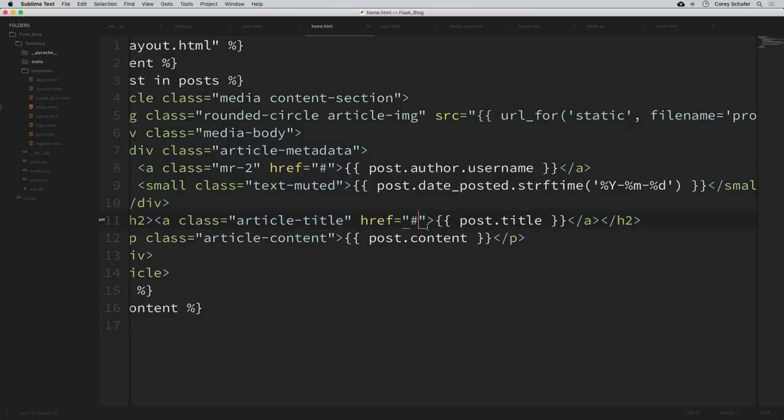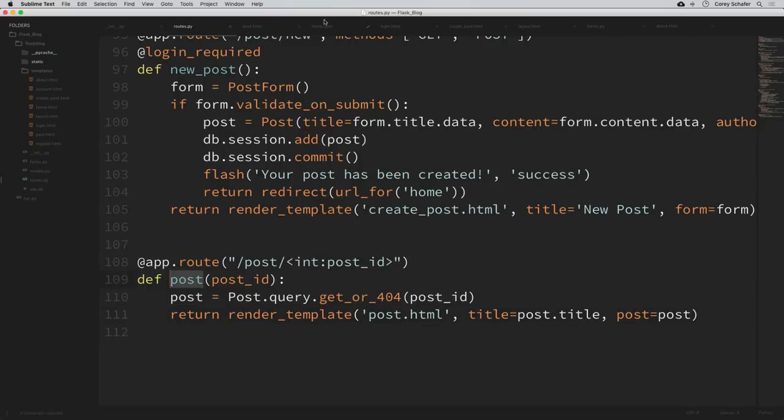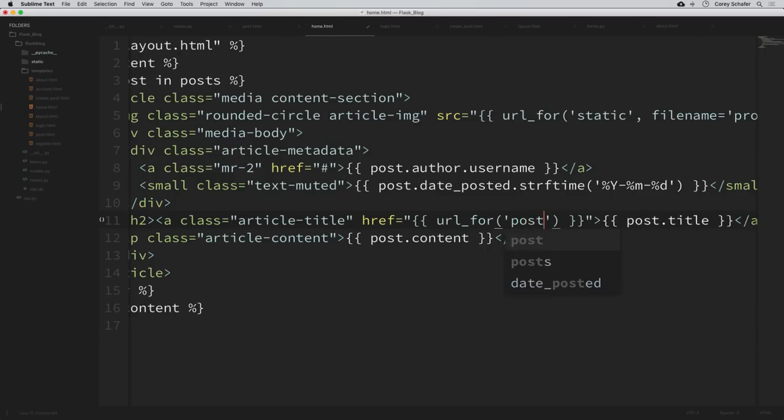So to do that, we can add in our double curly braces like we are used to, and then we can say url_for, and we called that route post. So this will be a url_for post. And now we also need to pass in that post ID with that route. So we can say that the post ID for that route is going to be equal to our